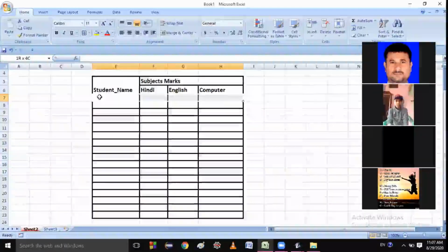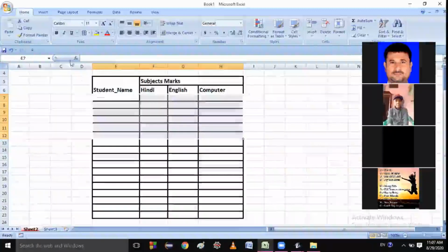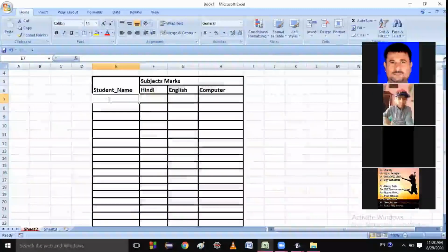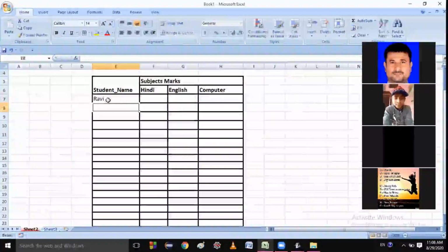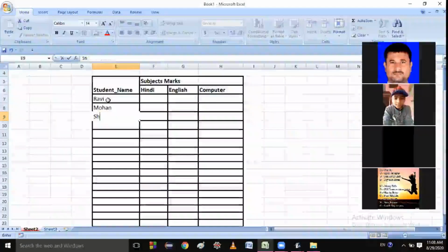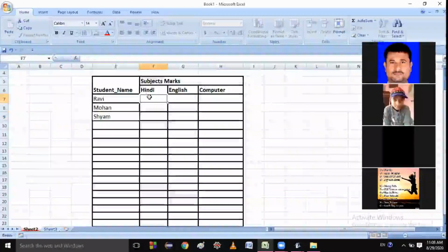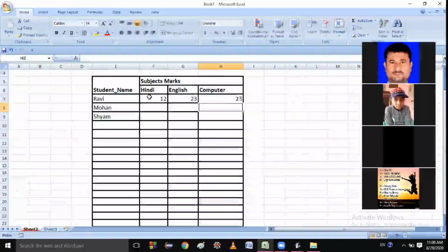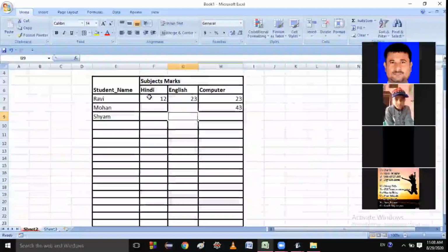Give me 1 minute more. Hardly it will take 1 minute. Ravi, Mohan, yeah. And Hindi marks are 12, 23, 43. This one.